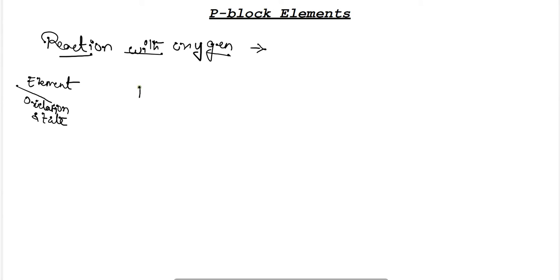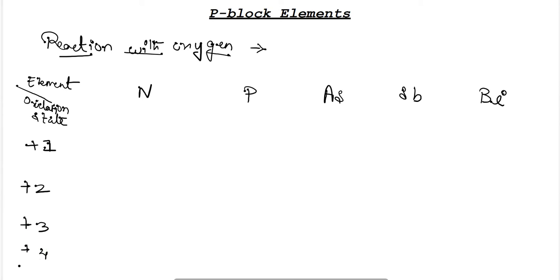The first element here is nitrogen, phosphorus, arsenic, antimony, and bismuth. Oxidation state +1, +2, +3, +4, and +5. These are the five oxidation states which we are generally seeing when oxygen is reacted with the group 15